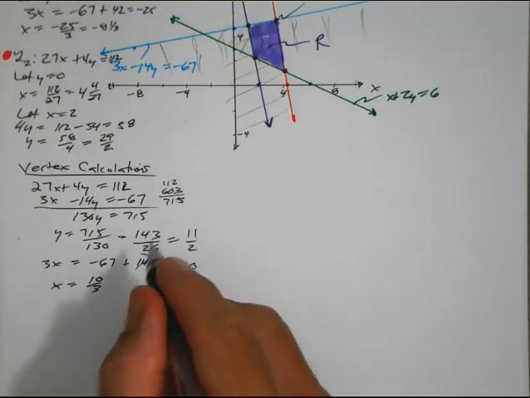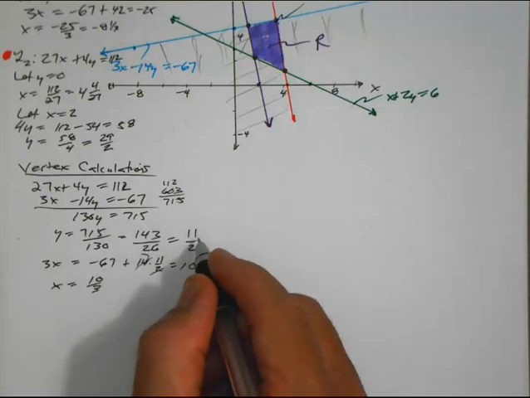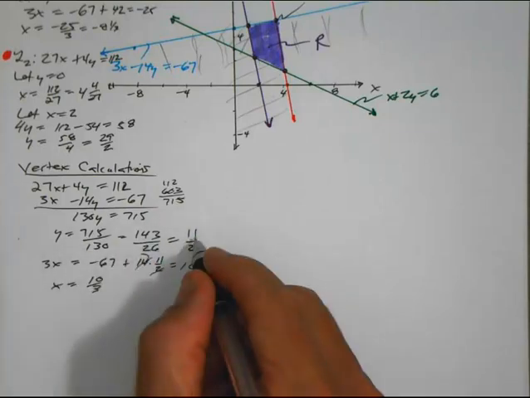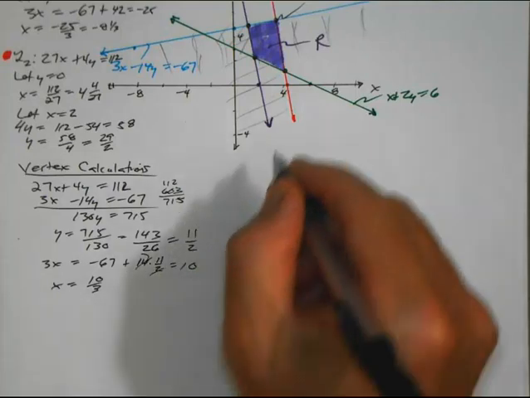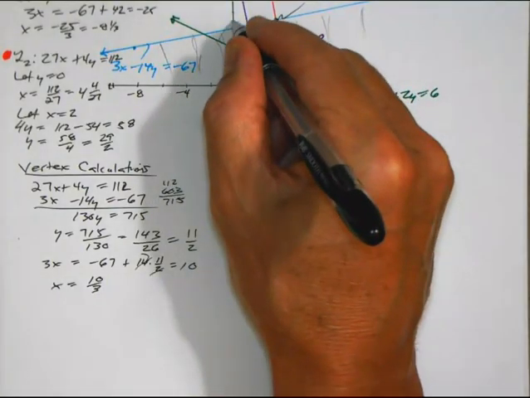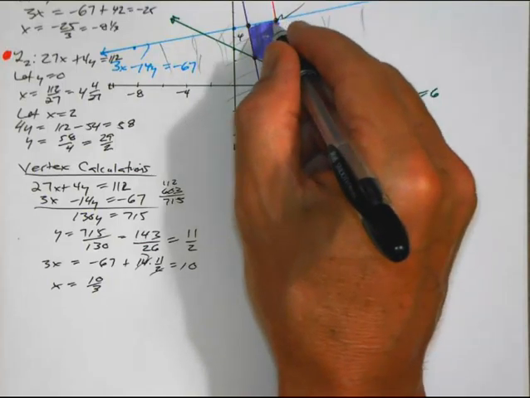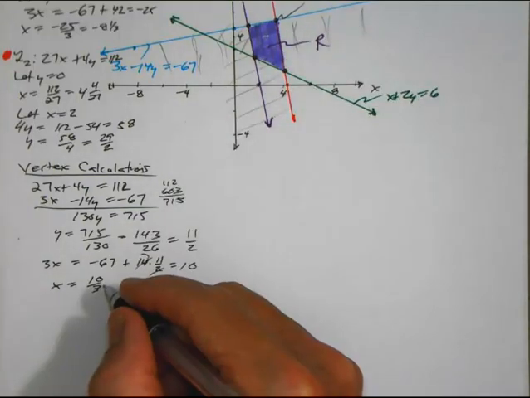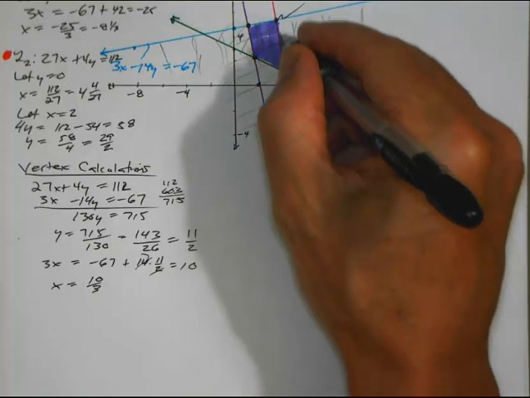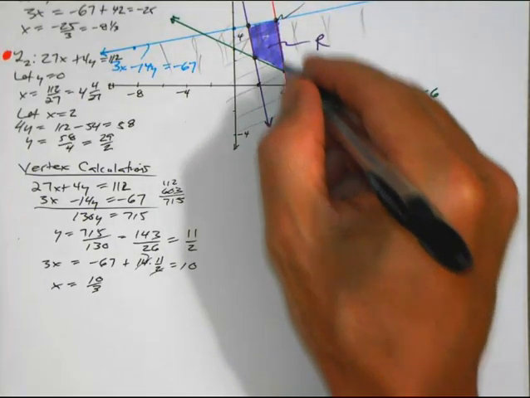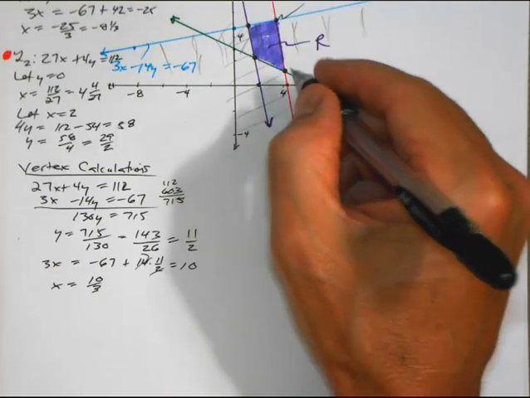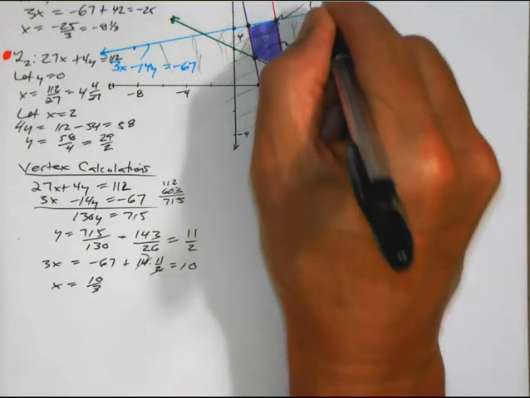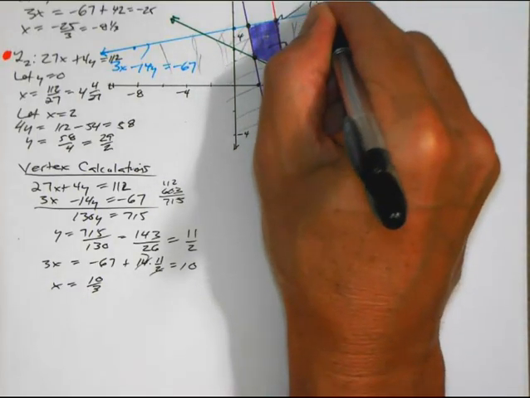Oh, by the way, something I should have done even right here is looked for some graphic consistency before going further in this question. Now, how about this y at 11 halves, 5.5? Let's look at this point. Okay, here's 4, there's 5, 5.5. Yeah, very reasonable for the y coordinate. How about this x coordinate at 10 thirds? Look at it for graphic consistency. 10 thirds, it's like 3 and 1/3. Alright, we're up here, 2, 4, a little over there. Yeah, that's reasonable for graphic approximation. Okay, so we can somewhat confidently label this vertex here as 10 thirds,